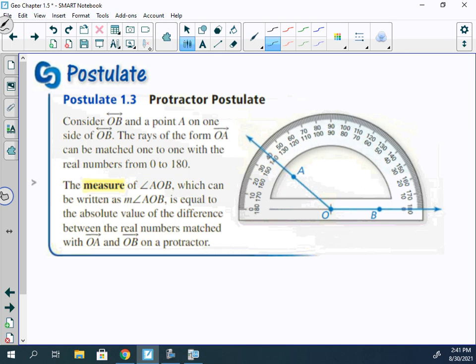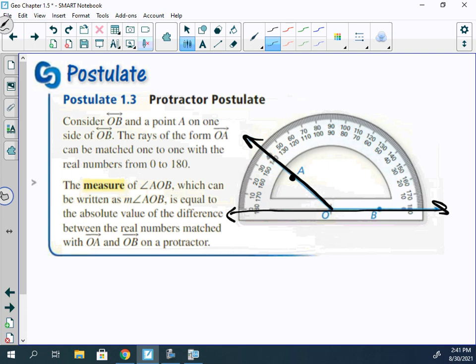Consider OB and point A on the side of OB. What that's saying is consider a line, and then we have a point on one side of that line. So we have a line here, and then we have a point up here. The ray OA